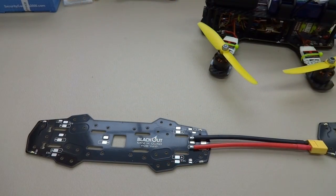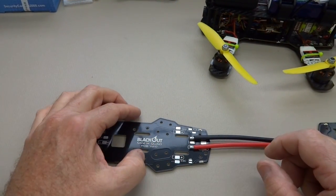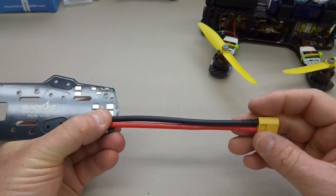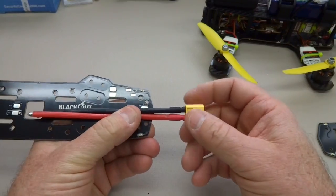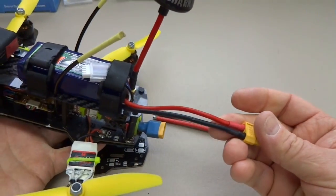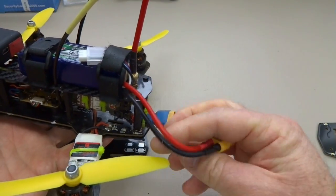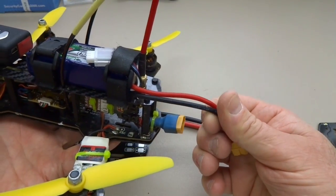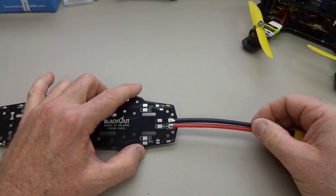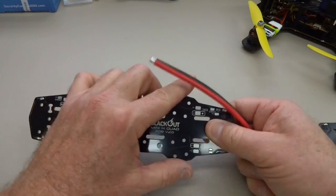Alright, I know everybody wants to jump right into bolting everything together, but before we do that, I learned an important lesson right away. First of all, the battery lead. You want to cut this down to a reasonable length. All of your batteries come with a long lead on them already, and if you leave it hanging out there, if you got double this length, the props are going to end up hitting it, which is what happened to me. The other thing that I learned, and I had to buy a new power distribution board because of this one in fact,